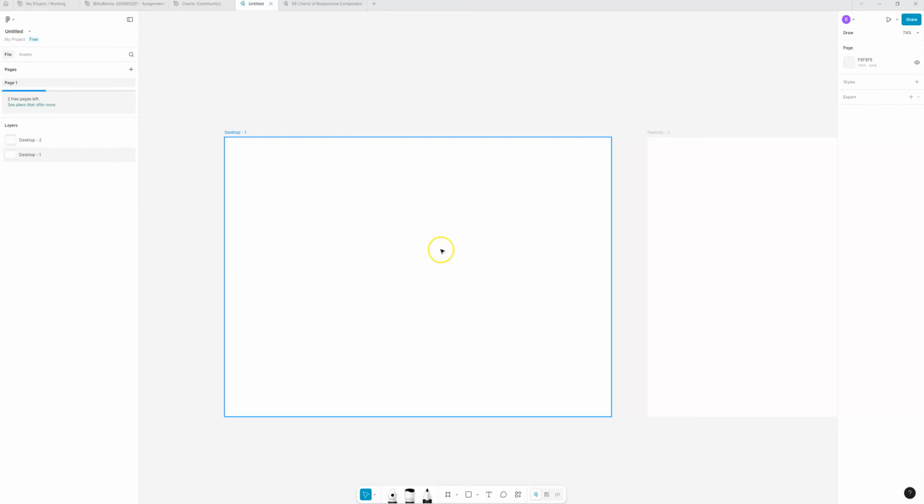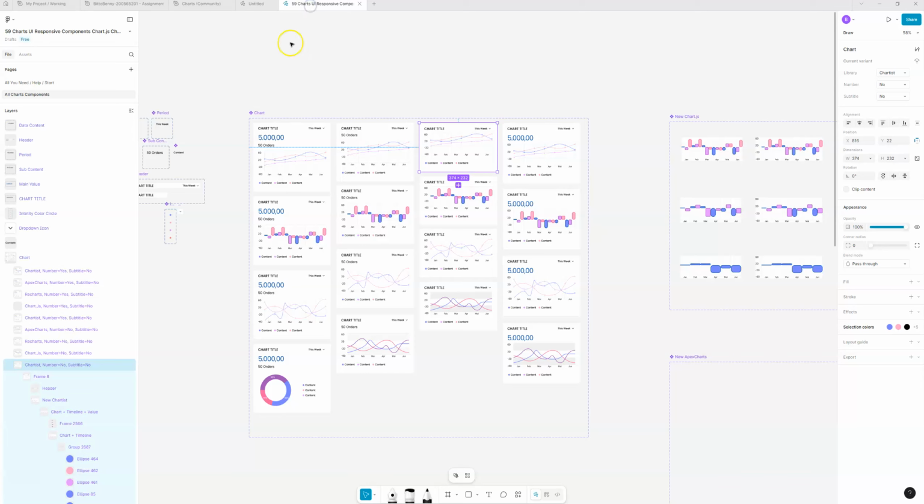Okay, hi everyone. So in this video, we're gonna look at Figma and how to bring a chart over from one of the libraries I've allowed you to use for assignment one. So this example is the 59 charts UI responsive components. So if we right click and copy, or you can Control C on your keyboard, you can come back to